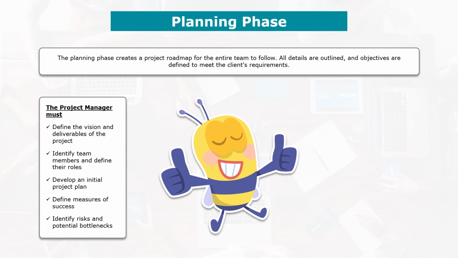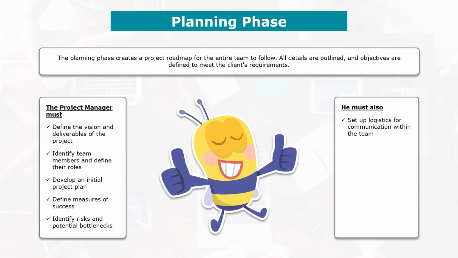He must prepare the team for possible obstacles and put in place a whole process to eliminate them quickly. He has to set up the logistics for communication within the team, how to keep each other informed. This will involve establishing a consistent process for scheduling daily, weekly, or monthly meetings and determining which technology to use for communication purposes. He will have to choose a work process or a project management methodology in order to determine the best practices the project team should follow during the realization of the project.